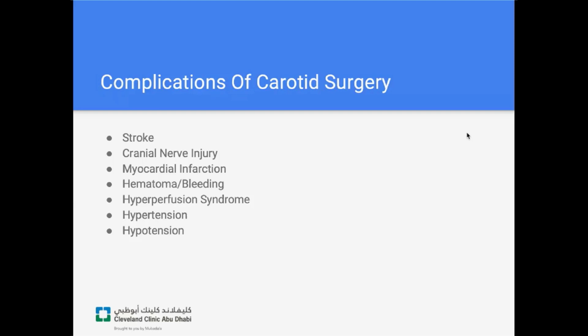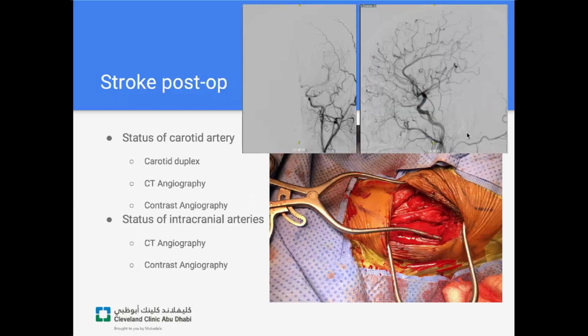The stroke post-op is a devastating complication. As the patients wake up, it's very important to make sure that they move all 4 extremities, follow commands, are able to speak. If they are unable to do so adequately and have lateralizing symptoms, the key point is to understand that it's usually a technical error at the endarterectomy that's the cause of this, and so it behooves you to get either a carotid ultrasound or a CT angiogram, both of which can be obtained relatively rapidly.